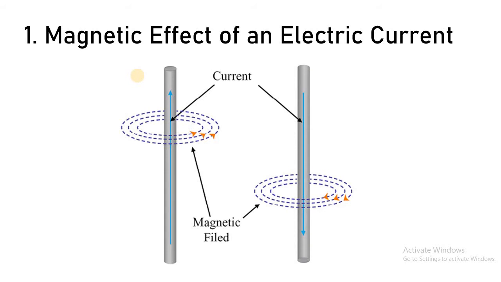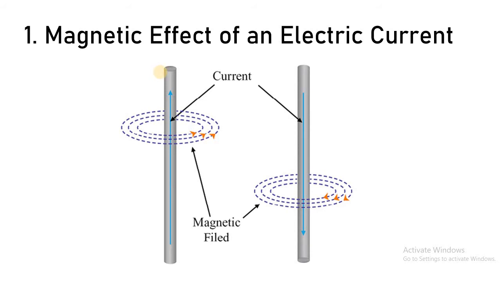Now, third point, the concentric circle or the magnetic field which is near to the conductor is having higher magnetic strength, and the magnetic field or the concentric circle which is far from the conductor, or which is away from the conductor, is having weaker magnetic strength. So stronger magnetic strength we will get for the magnetic field which is near to the conductor, and weaker magnetic strength we will get for the magnetic field which is far from the conductor.